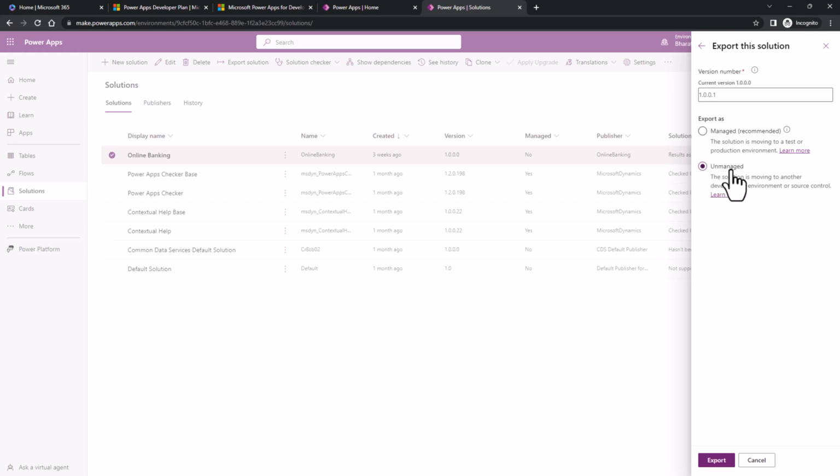So I clicked on unmanaged solution, and then I have to define the version of my solution. Remember, when you are exporting a solution, you have to give the same version as you have today or a higher version number. You cannot give a lower version. Okay,